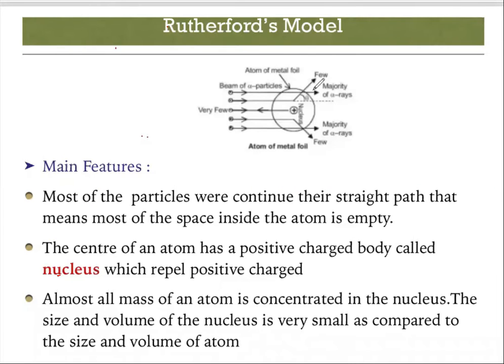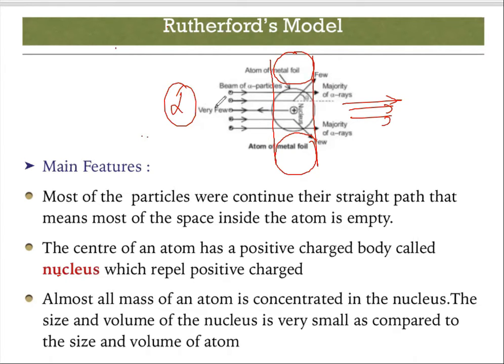Now you see, this is the gold foil. It was so thin that those atoms are visible under the microscope. You imagine this is the gold foil. Now you see from the left hand side your alpha rays are coming. The maximum percentage of alpha rays are penetrating through the gold foil. Now you observe these rays, it is coming and it is deflecting with angle theta.